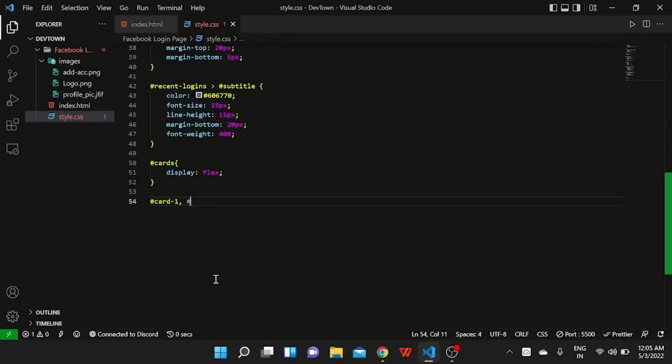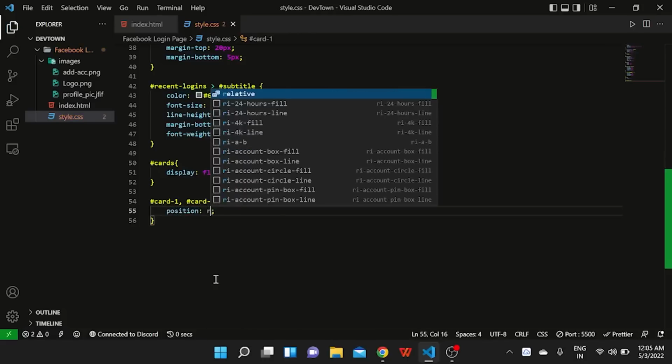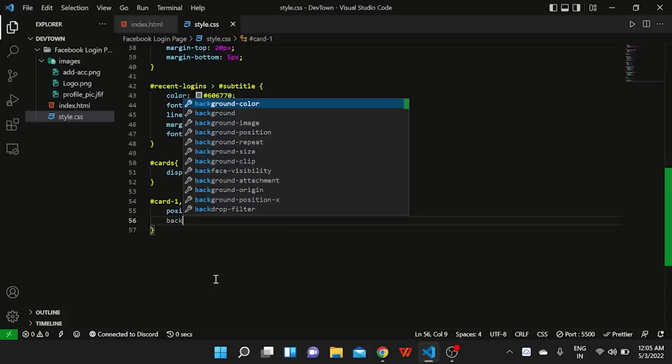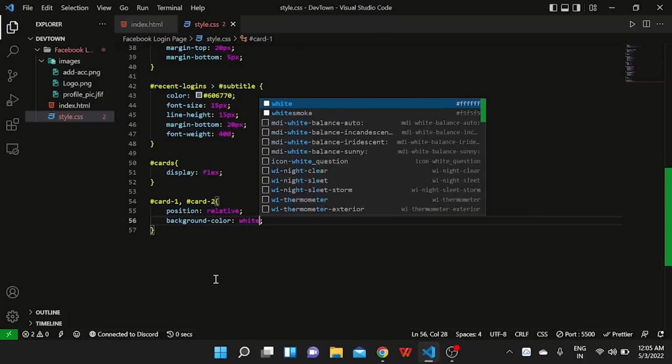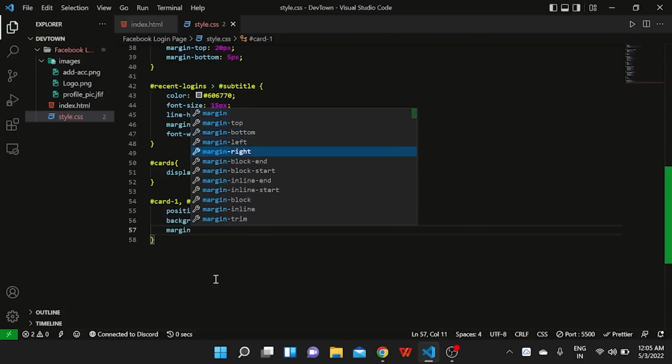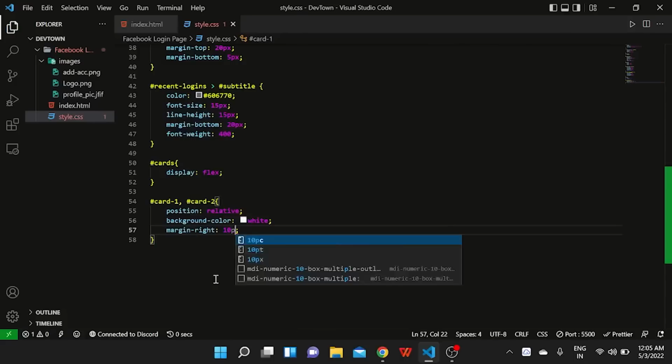We need to do some common styling for both the cards. So we'll add both the names here, and after that we'll put the position as relative, the background color as white, the right margin set to 10 pixels,